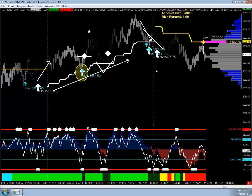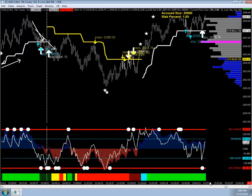Not only that, we got an ATR shift. So once we got this ATR shift, it was game off for the discounts, and it was game on for premiums. Okay, so as the day unfolded on the 17th, you could see here, once we get this ATR shift, we're looking for premium opportunities. Now the first premium could have been, for aggressive traders, right here, that first pullback up into